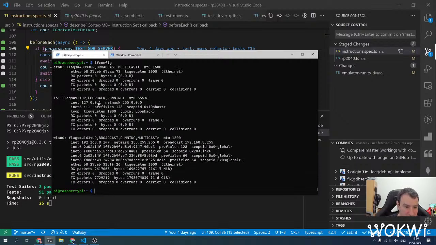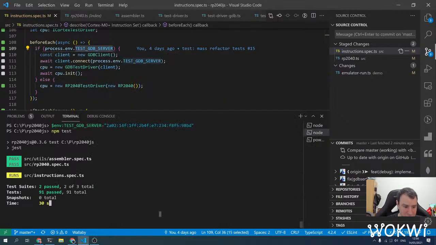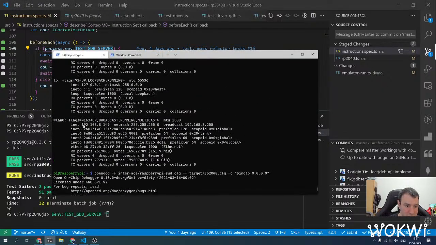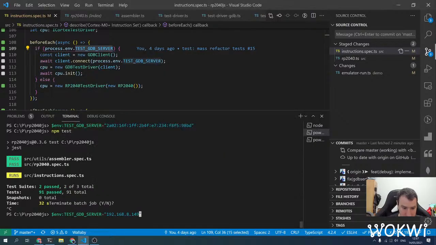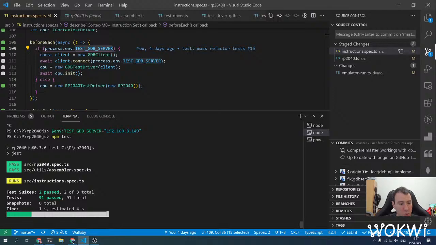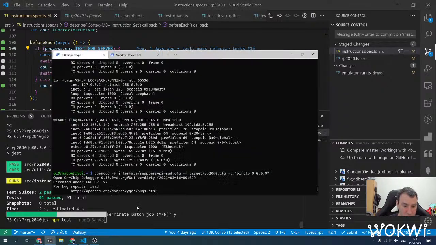Config to get the IPv4 of this Raspberry Pi. Restart OpenOCD, and kill the tests. Set this value to IPv4, I just copied it. Okay, npm test. Oh yeah, I also needed to run the tests one by one, not run them concurrently